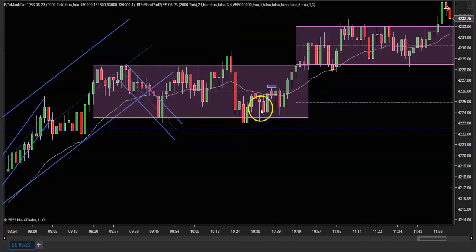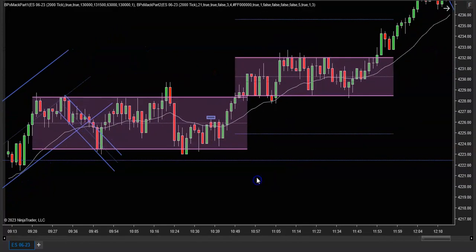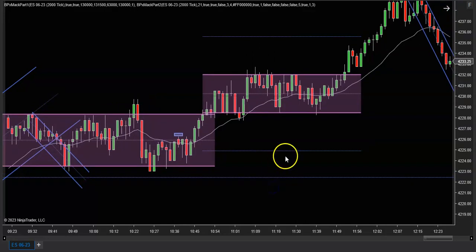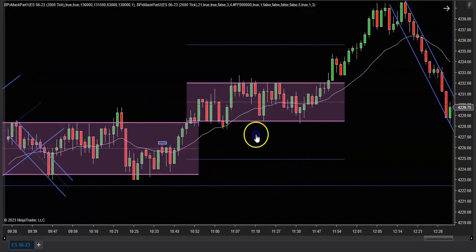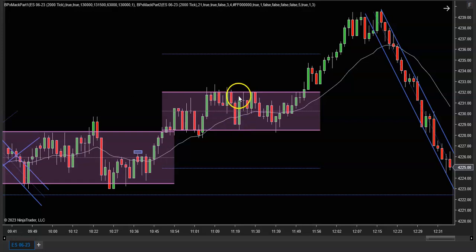that's the second entry short, but with the bias being so strong up, I wouldn't take that. Then you get a second entry short right here, which looks good, and it's 4 ticks, but I still wouldn't take it, and really this just looks sideways, so you want to wait for more evidence. Then we break up into this range, and we're just going sideways, and yeah, this is a second entry long, but